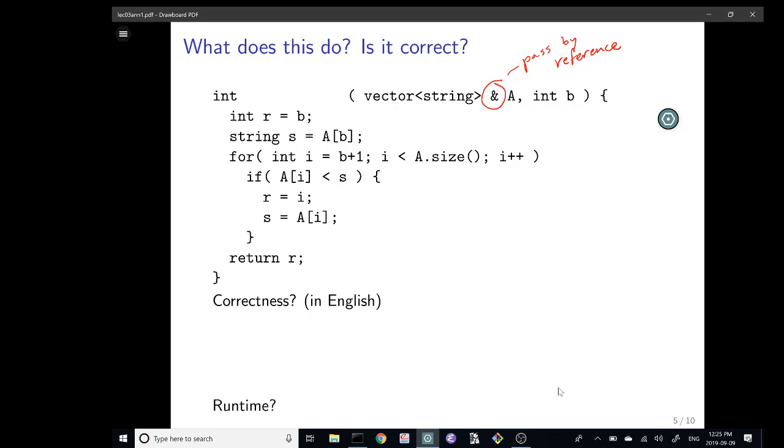So figuring out what something does when you're not given any clue, any hint in the code, is tricky. It's not easy. But how many people have figured out sort of what this thing is doing? How many people have a reasonable idea about what this is doing and would like to share? How many people want more time? Okay, well, I'll be quiet for 1 more minute, and that's it.